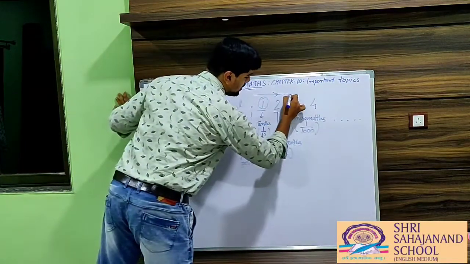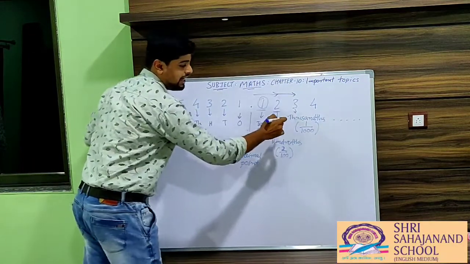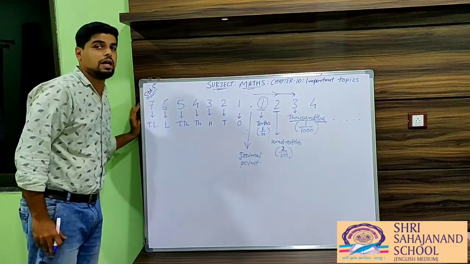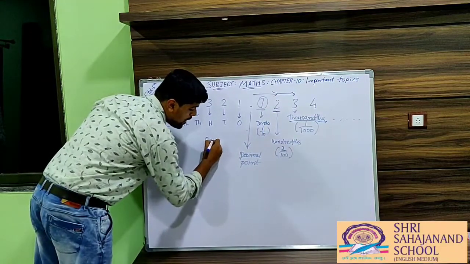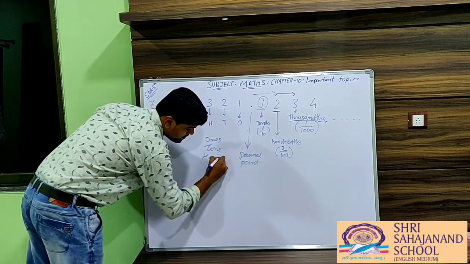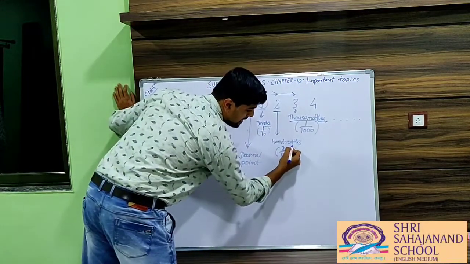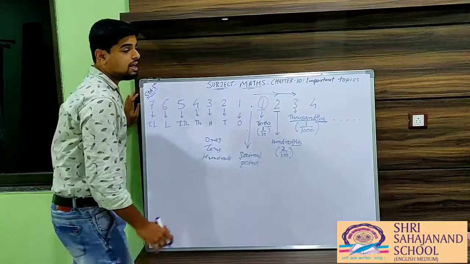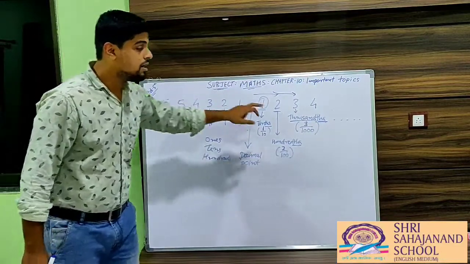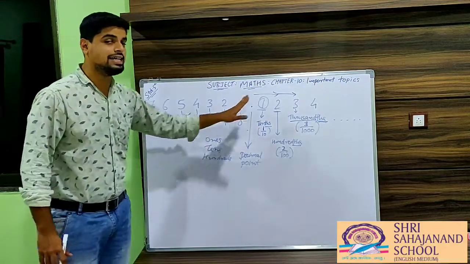Then our third digit to the right of the decimal point, it is our thousandths. Okay, you have to remember, they seem similar but they are different. Here we have ones, tens, then hundreds, but here we have tenths, hundredths, thousandths. Okay, here we have 3, so I have to write 3/1000. That is nothing but three of 1000 parts. Okay, is it clear how to write a decimal number?